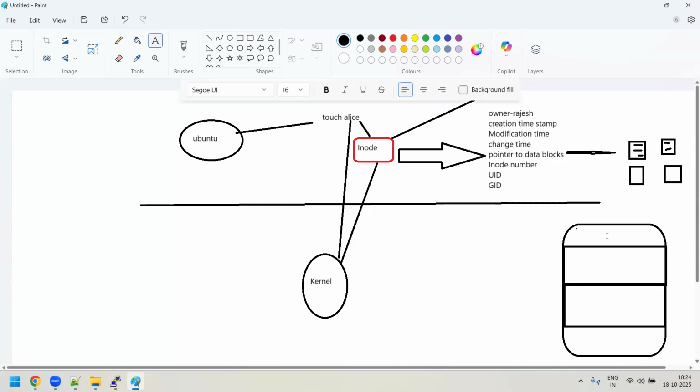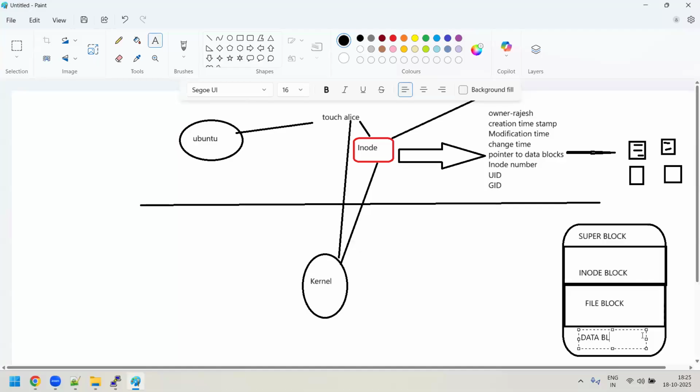Every file system has four blocks. One we call the super block, the inode block, the file block, and the data block.